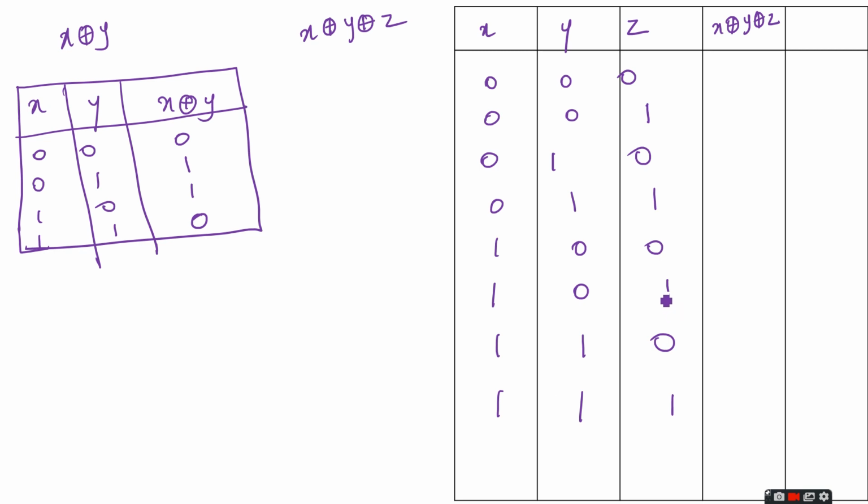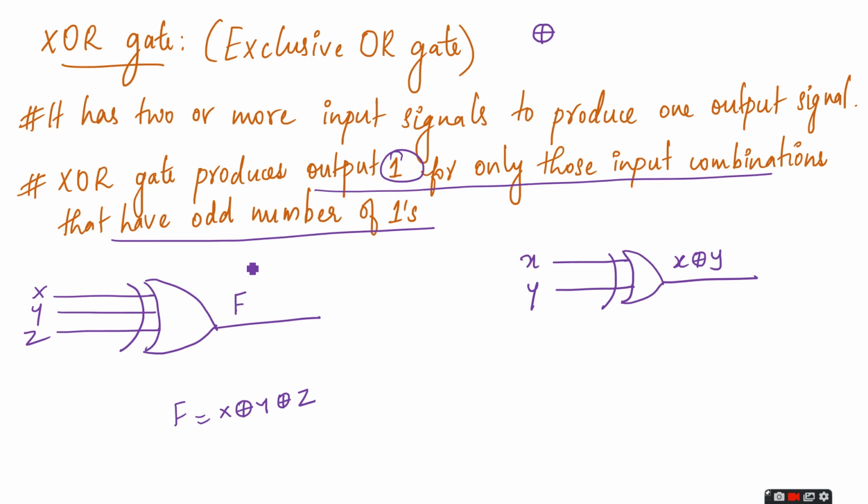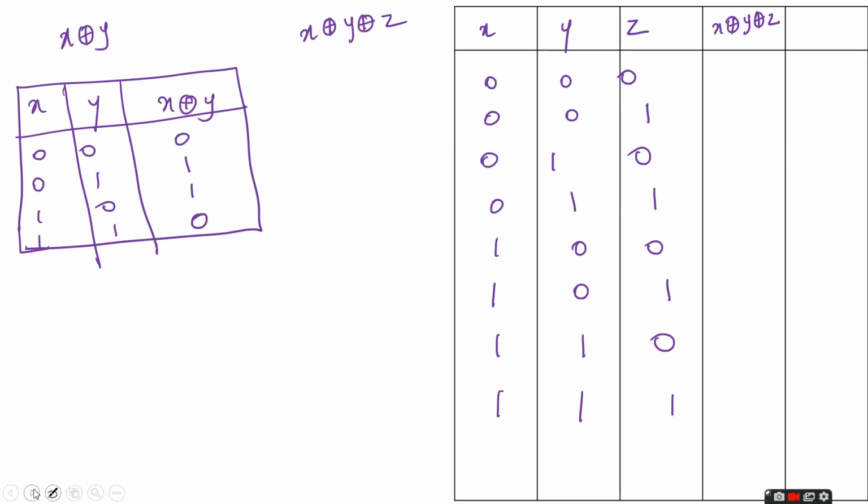After that, we have to find the result. It produces output 1 only for those input combinations that have an odd number of 1s. If the input combination has an odd number of 1s, the output will be 1. So 0 0 0,